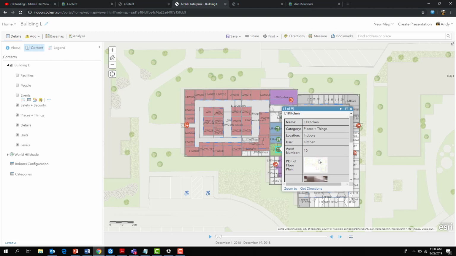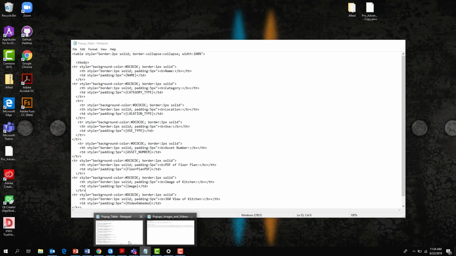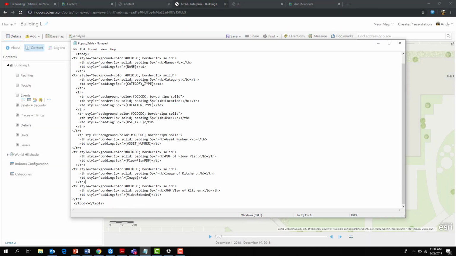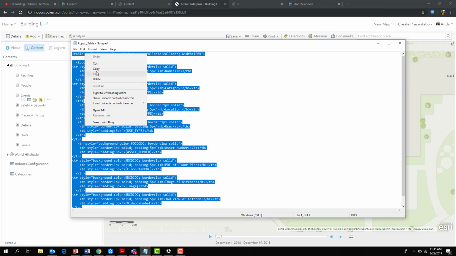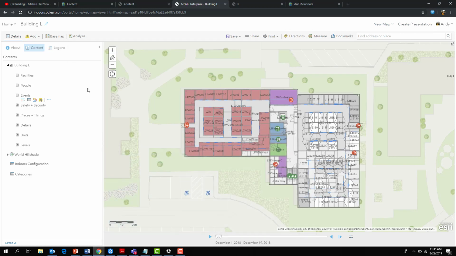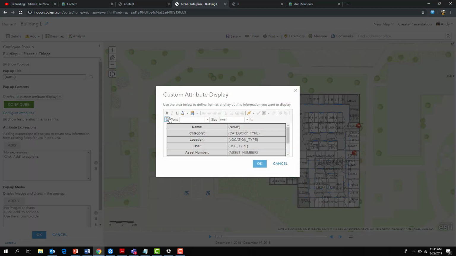So what I did was, to get this table, I actually used an HTML code that I scripted, and right here you'll see that in my notepad I have the code, and what I do is I just take this and copy it, and I'll go over here to places and things, and I will hit configure popup. Now in configure popup, I will want to display a custom attribute display, and I'll hit configure,